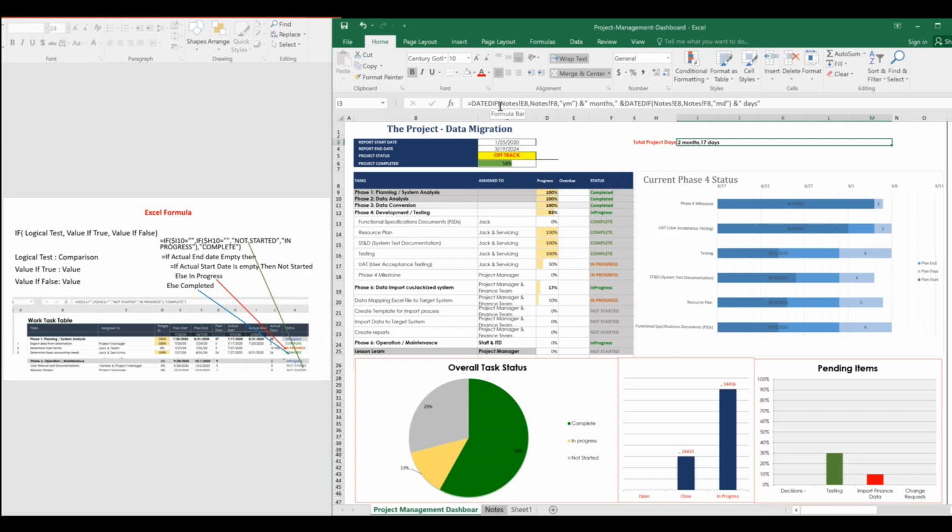DATEDIF is something which will give you the number of months, number of days, or number of years as well, depending on what you are using. So here you can go back and you can see how it is working. What I'm doing is I'm using DATEDIF, and then the